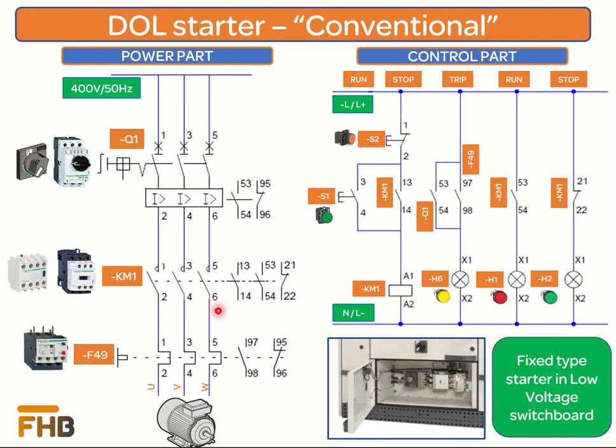The running state and stop state of a motor is indicated using the indication lamps which are present at the MCC door. In case of a fault condition such as overload condition or short circuit, the protection devices in the starter clear the fault. An indication lamp will light up, indicating that the starter is tripped at a fault condition.